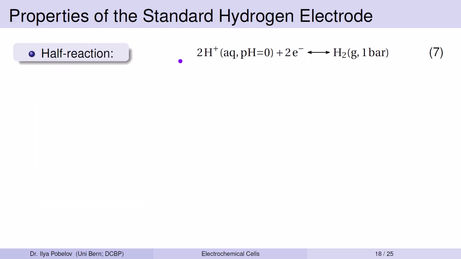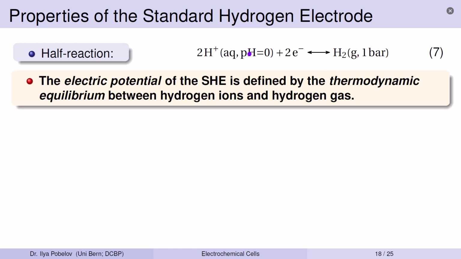The half reaction of the standard hydrogen electrode is 2 hydrogen ions plus 2 electrons in equilibrium with a hydrogen H2 gas molecule. The electric potential of the standard hydrogen electrode is defined by the thermodynamic equilibrium between hydrogen ions